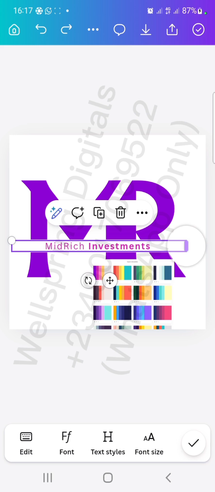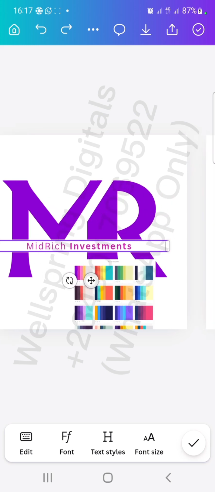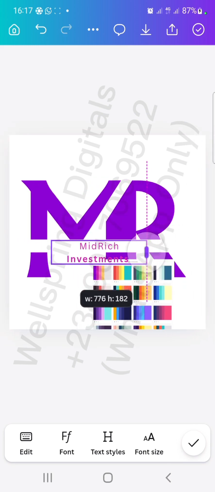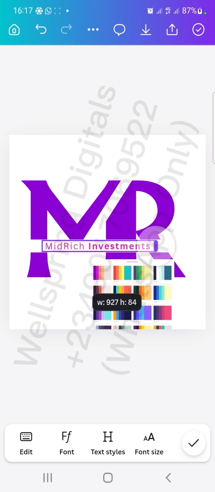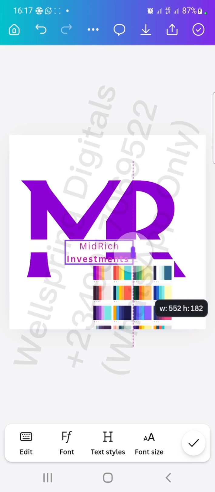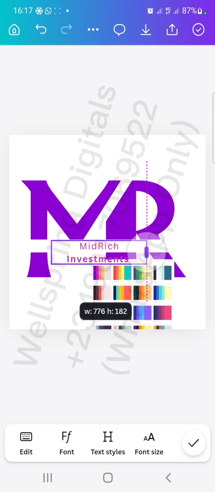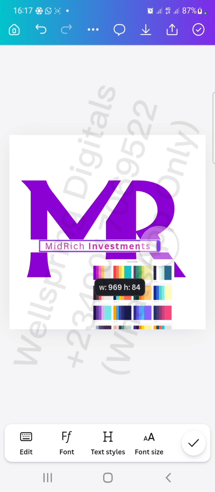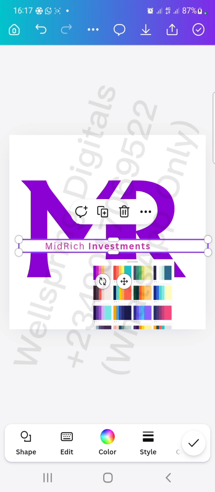It seems we might need to bring this a little bit closer so that, can you see? So bring it closer to the investment. When you move it too close, it turns to two lines. So bring it to only one line and move it closer so that we'll be able to select the white